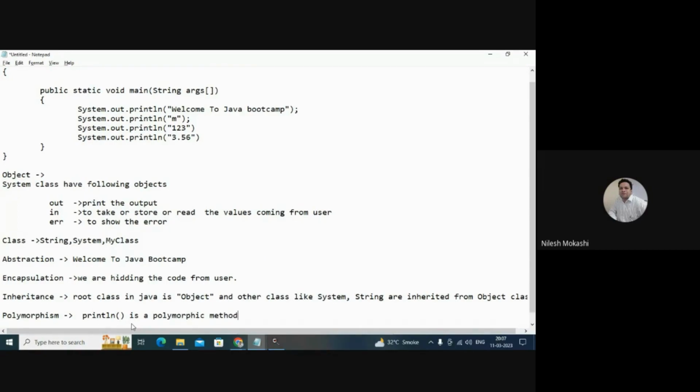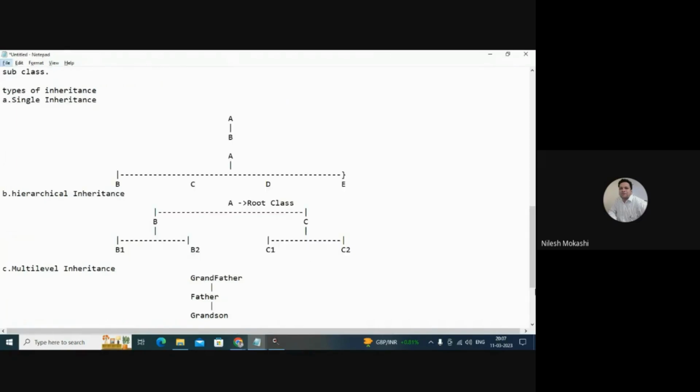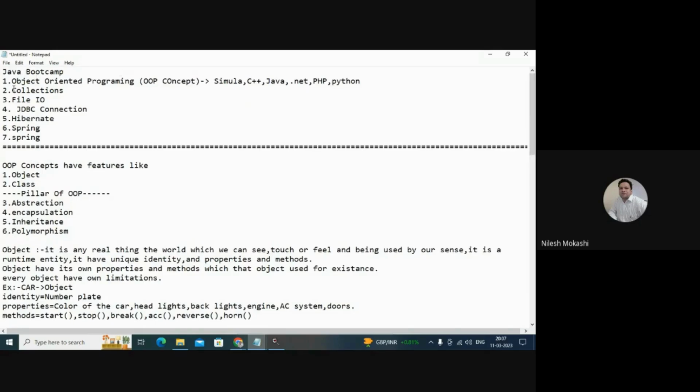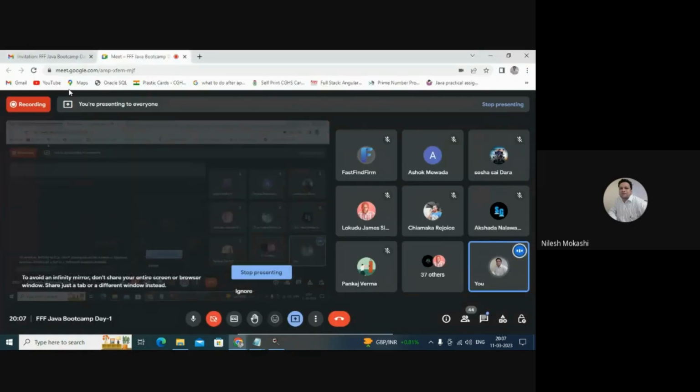Okay, so that's it for today. As I said, tomorrow we are going to have a topic on collections, right? Collections also have a different perspective and different importance. So tomorrow you are going to learn the basics of collections. So if your basic fundamentals are clear today,